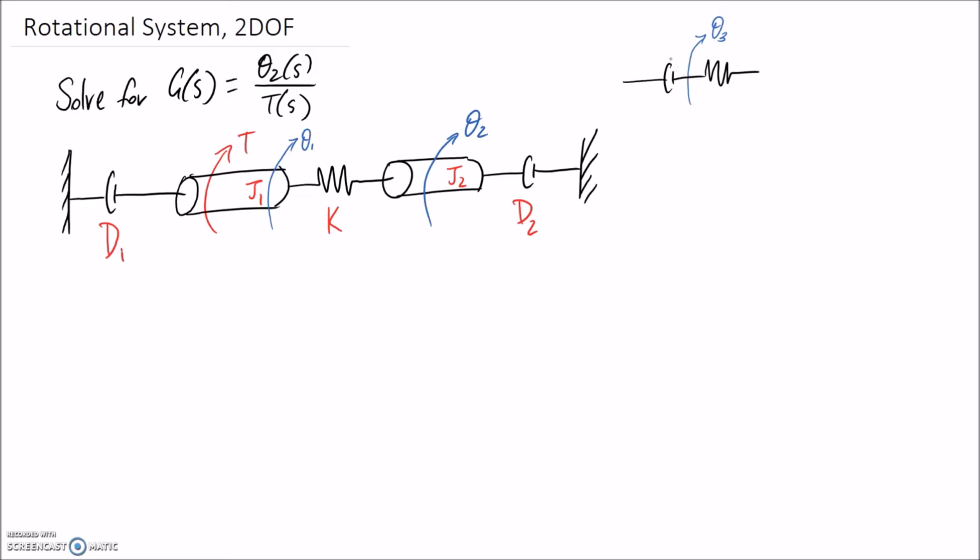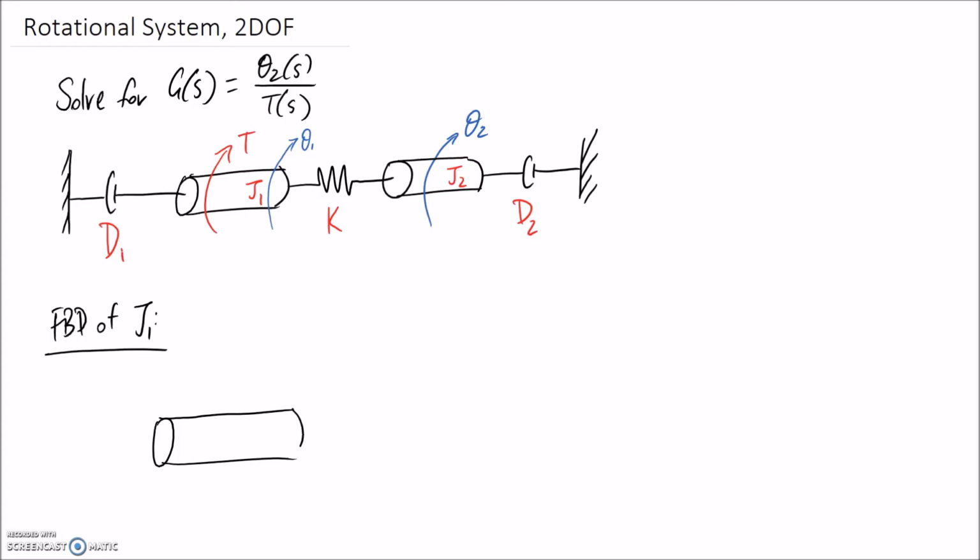But looking at this, we don't have any components in series which aren't already being measured, so we don't need to worry about that. So what I'll start with is drawing the free body diagram of the first mass, or inertia. Alright, so separating this component out,